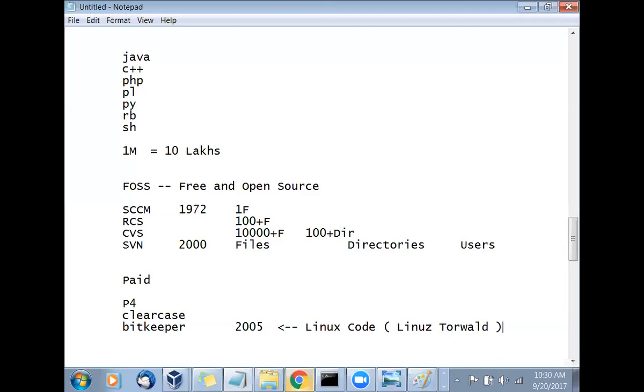Now people said to him, hey Linus, you are putting this code in BitKeeper and you are maintaining it, but if BitKeeper is not able to maintain the versions properly, if they have some bugs in the software, what will you do? And that fear came into realization in the year 2005. BitKeeper announced that they don't have sufficient funds and are going to stop the company. Now that was a big problem for Linux because all the code was in BitKeeper. So then Linus Torvald came forward. He says, no problem, we will write our own thing.